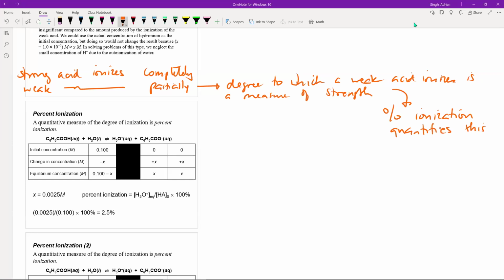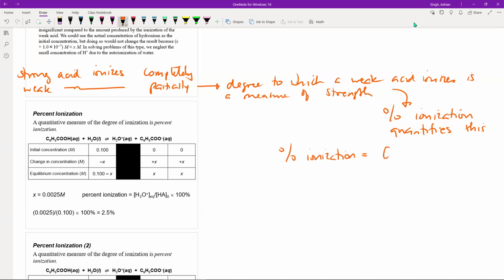So the percent ionization is simply, if we consider a simple case of just having a weak acid like HA that we saw previously, the percent ionization is simply equal to